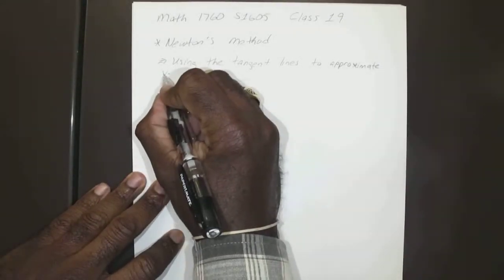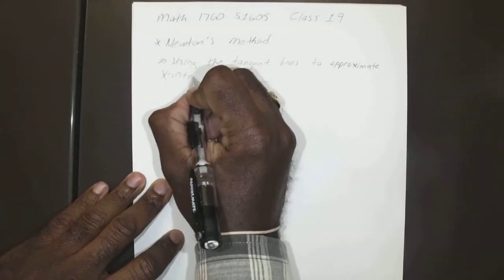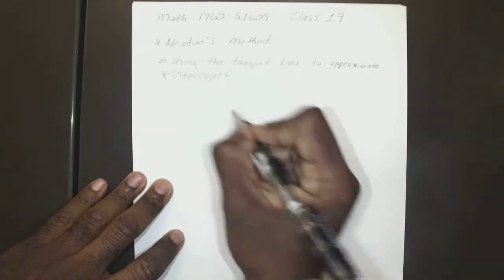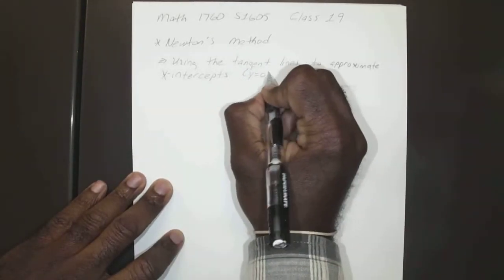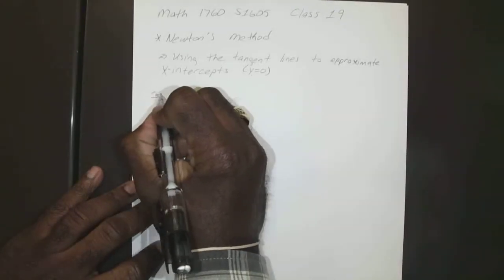I mean, not y-intercepts, x-intercepts, which is where y is equal to 0. Basically where it crosses the x-axis. All right, so if we kind of look at it graphically,